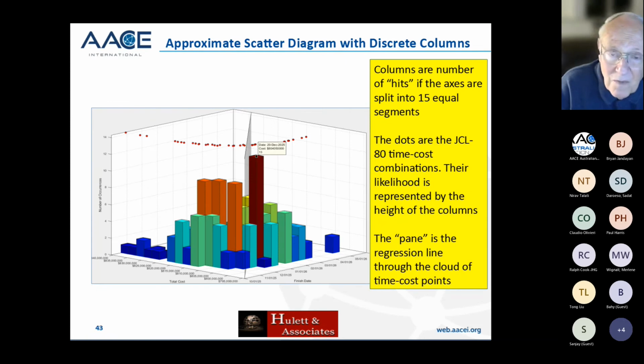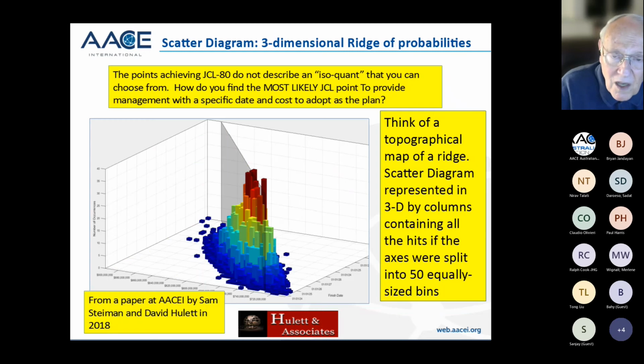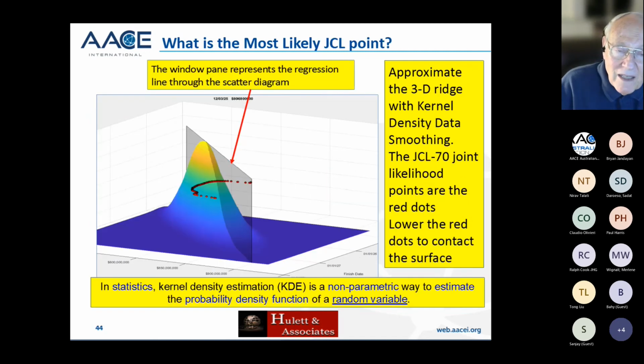Okay, so now this is another one. The pane there, which I didn't show you, is the regression line that Saffron has kindly given us. If the thing is fairly highly correlated, 60, 70 or 80% or above, that regression line is a good proxy for the most likely. Okay, so we're going to go here, and then we would like to find out what is the most likely P80 number that we have, because we can't choose it. It happens to us.